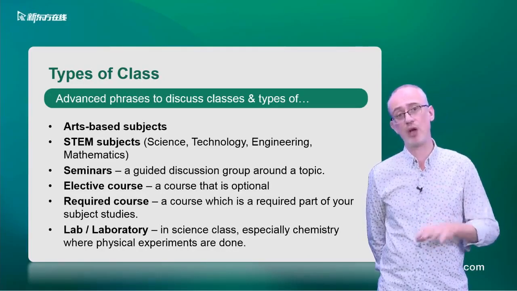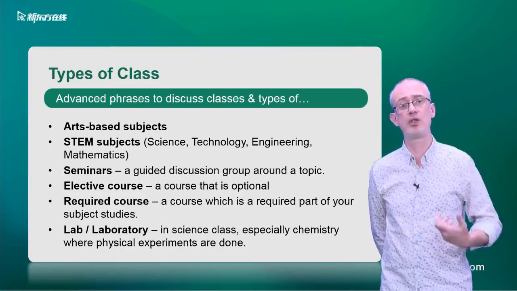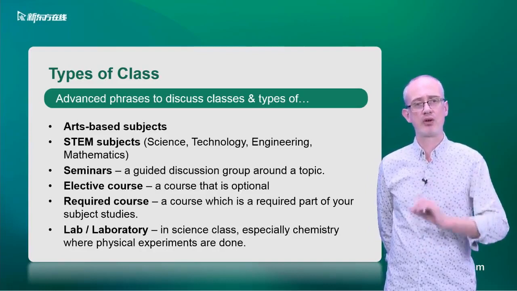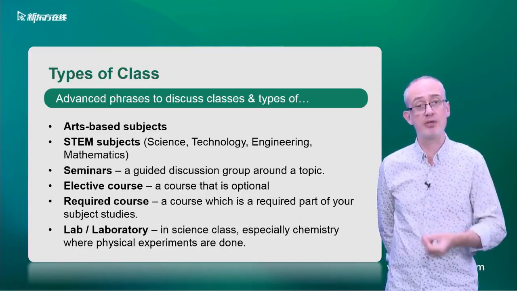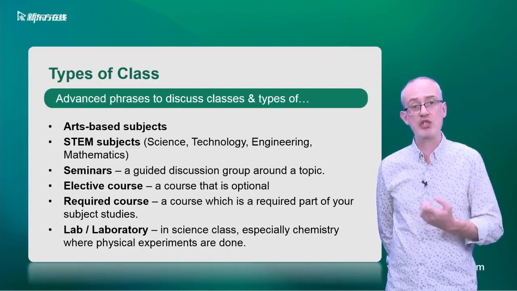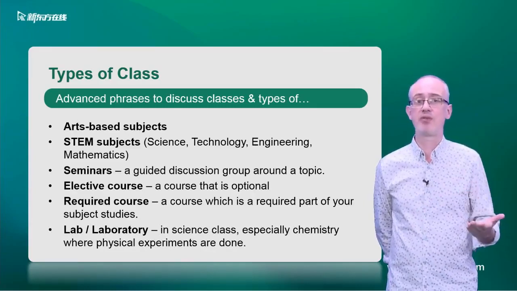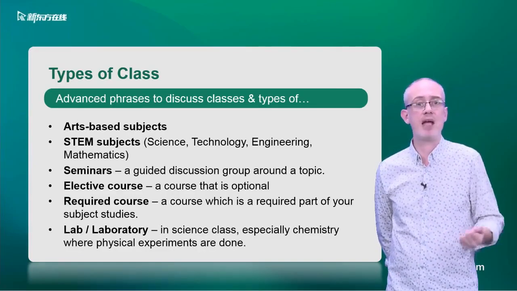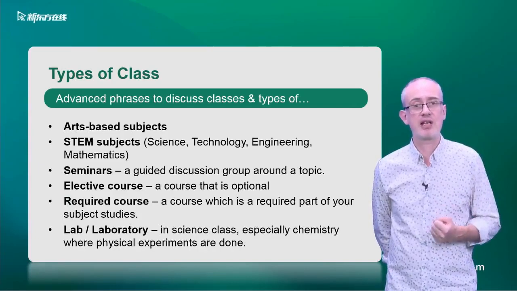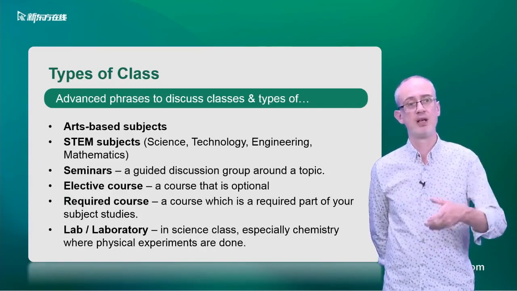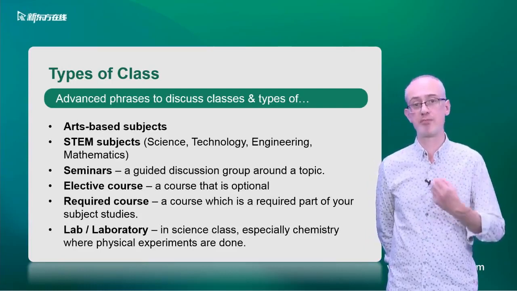Elective course. A course of lessons which you choose. A required course. A course of lessons that you have to do. For example, say you're studying history. An elective course might be the history of ancient South Pacific island culture. A required course might be